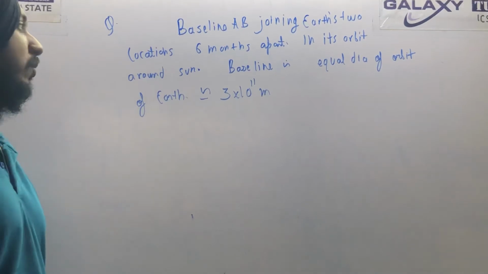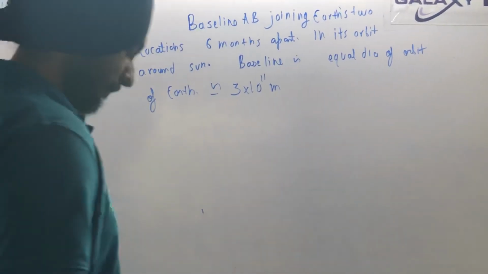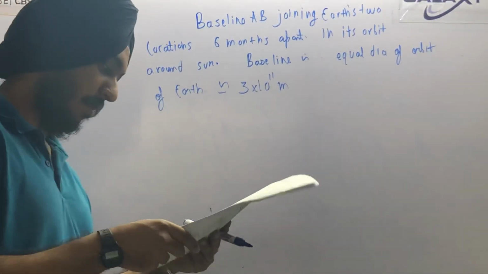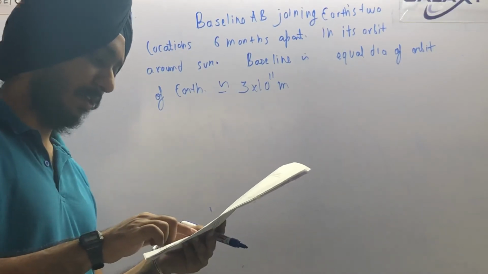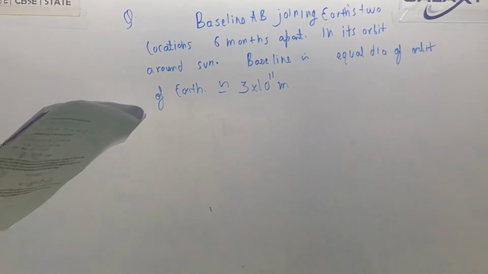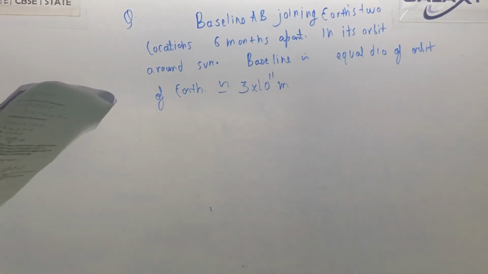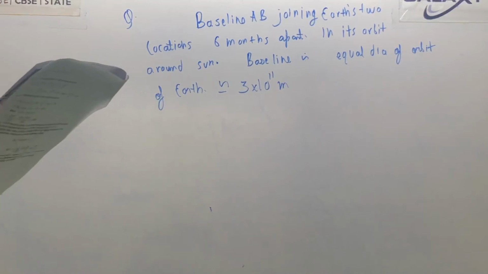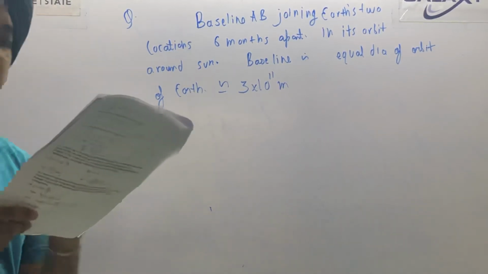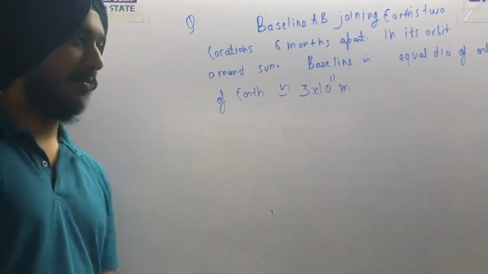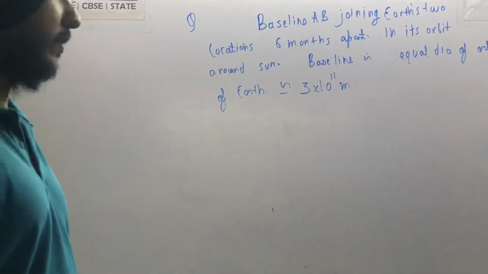So what he is trying to tell you is, see, I will read the question then I will explain you. A parsec is a convenient unit of length on astronomical scale. It is the distance of an object that will show a parallax of 1 second of arc from opposite ends of a baseline equal to the distance from Earth to the Sun. How much is a parsec in terms of meter? Okay, I will explain you what is being said in the question.